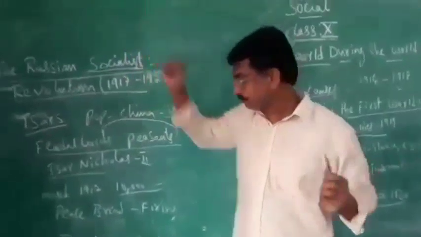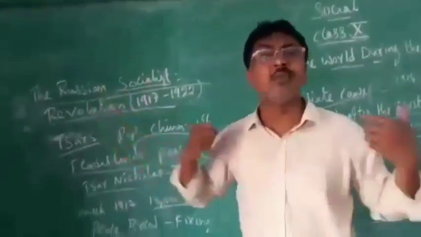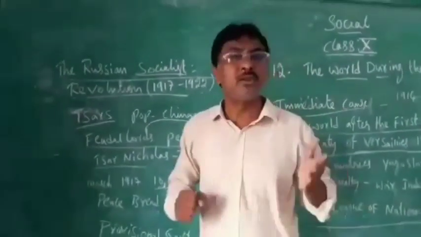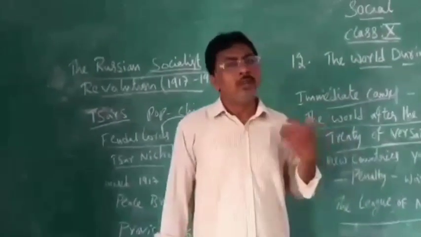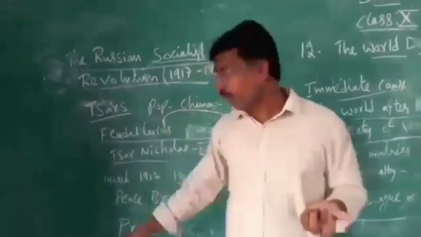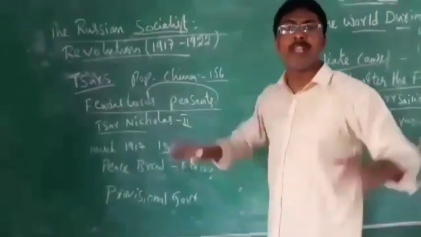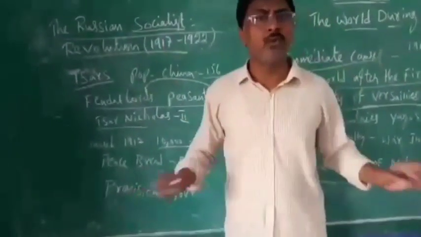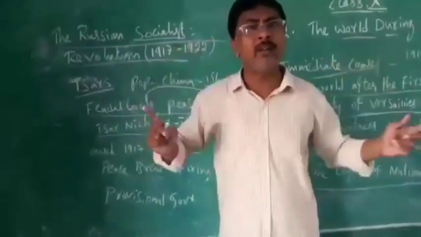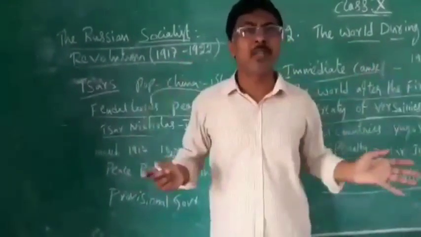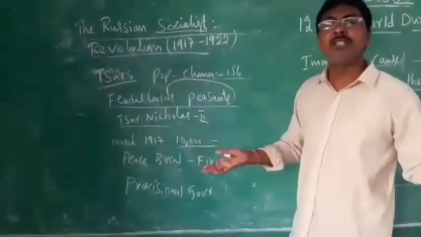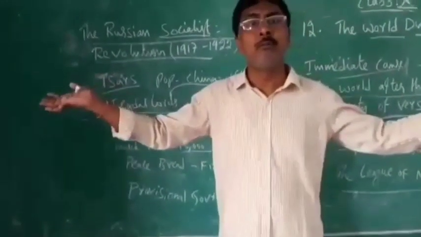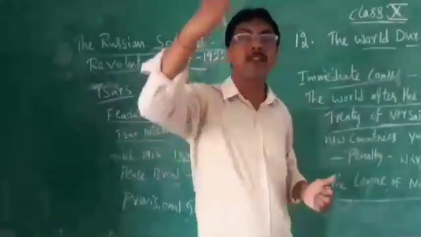Maintain peace, and we want the bread. Means bread is not there. Bread means food, so provide the food for us. Maintain the peace. No war. Provide the bread and provide work for everybody. So 10,000 women started the revolution with this. A lot of people, men also, joined in this revolution.